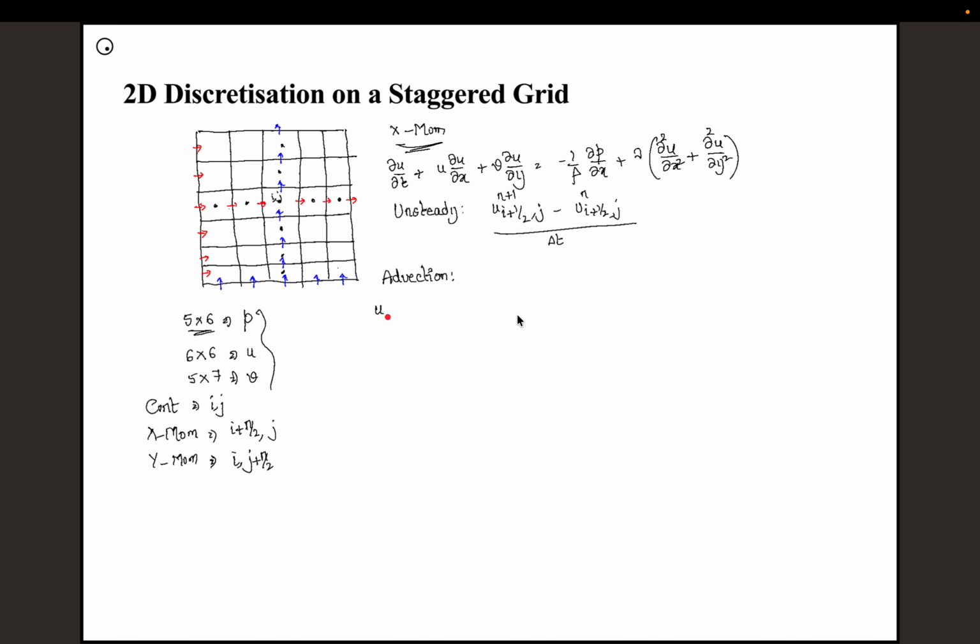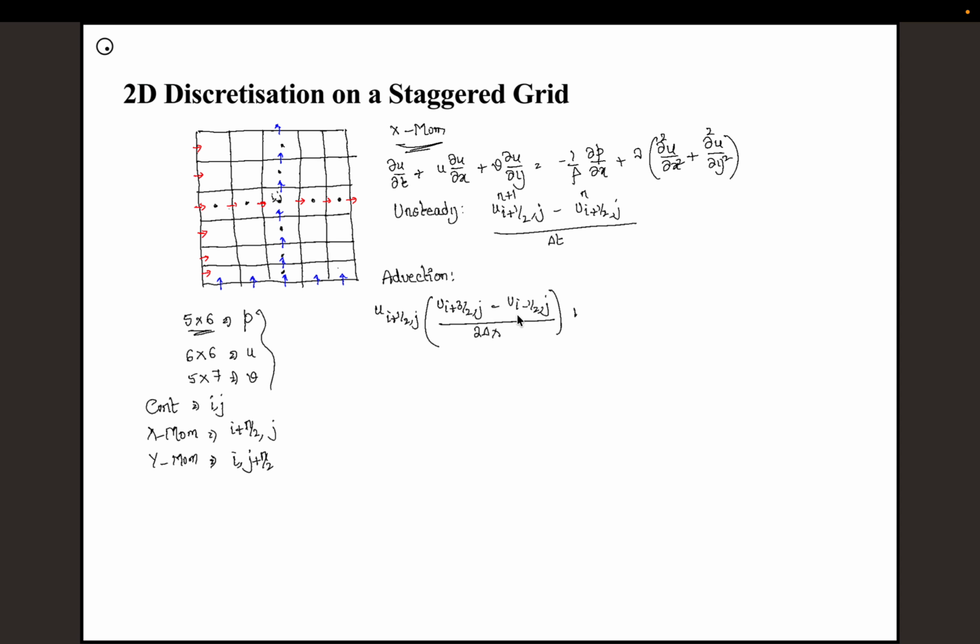So it will be u i plus half comma j. I'm not writing any superscript. If I'm not writing any superscript, assume that it is at the end. So without any superscript, just take that it's at the current time step only. So u i plus half j times del u del x. So del u del x at this point, using central difference, will be this minus the previous one. So that is u i plus 3 by 2 along the same direction. So we are keeping j constant as we are doing the central difference in here. u i minus half comma j